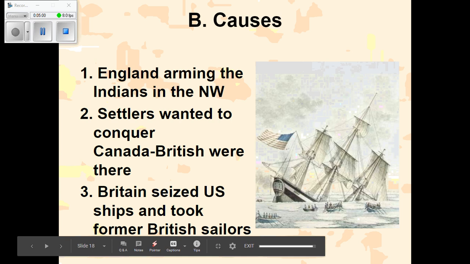And this becomes problematic because, how do you know exactly who was British? I mean, you could say, well, they speak British. It's not exactly how that works. And they really were just taking anybody. So you could just say they're kidnapping them, or as the proper term is here, impressment. We're taking their sailors away from them.